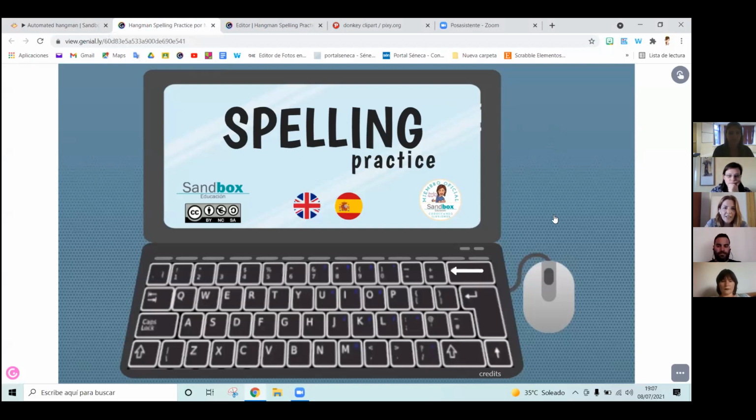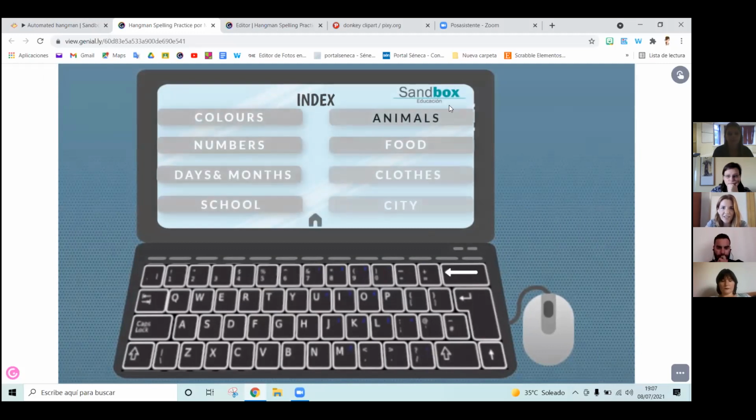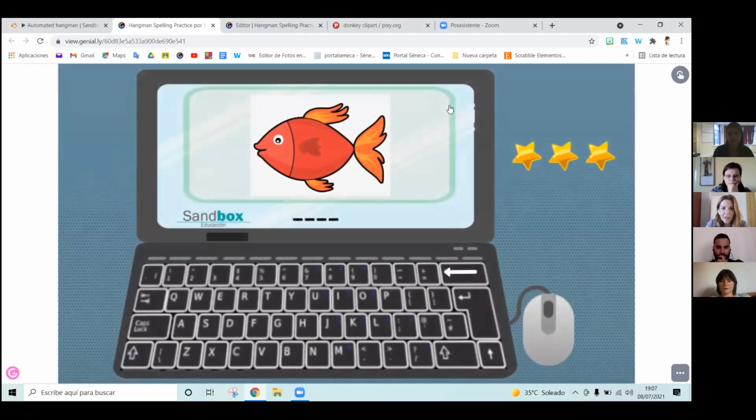So the name of the game is Spelling Practice. And if you have a quick look, you can see some similarities to Hangman, like the lines you get for the words, and also that you have to use the keys for the game. So how this works, you just press the keys and you lose lives